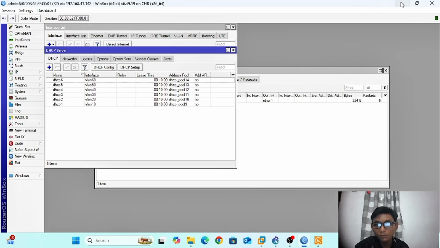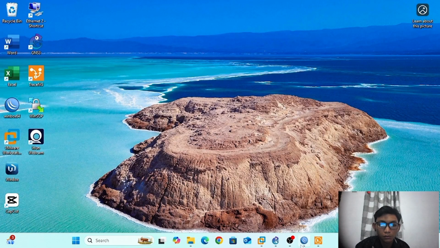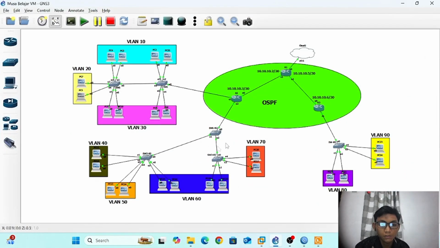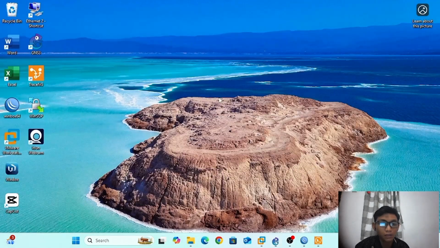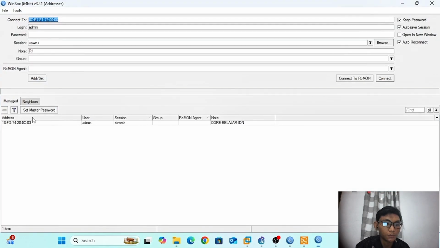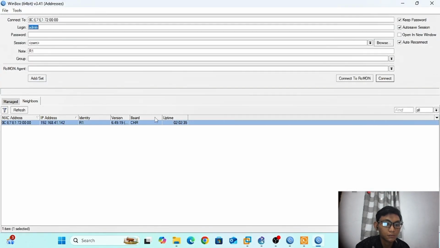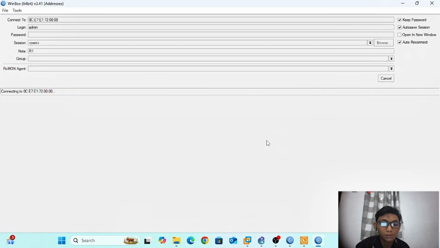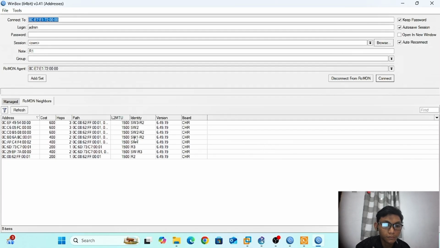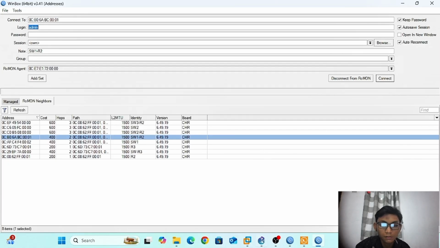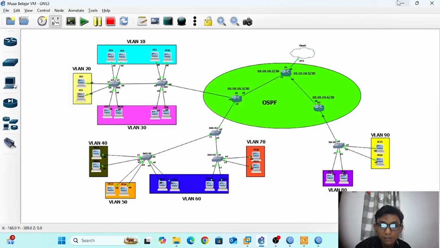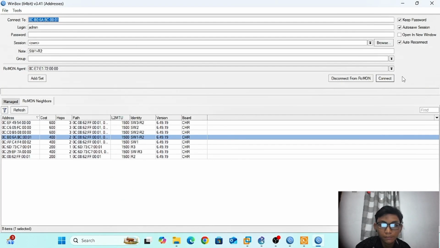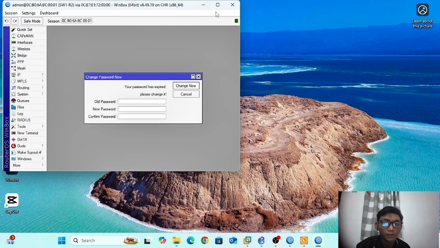Now we go to switch 1 for routing. Connect to the switch.